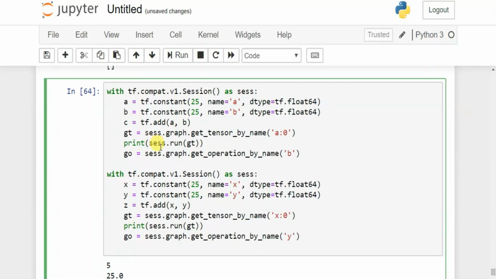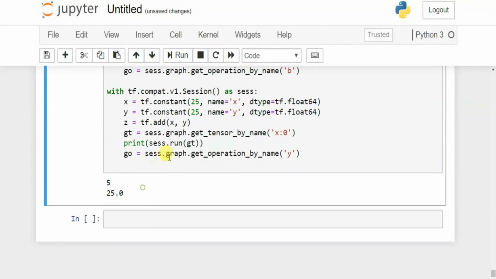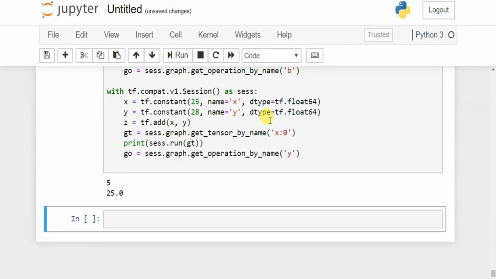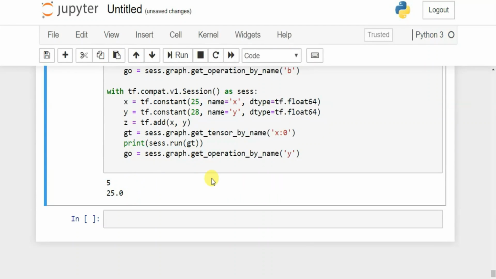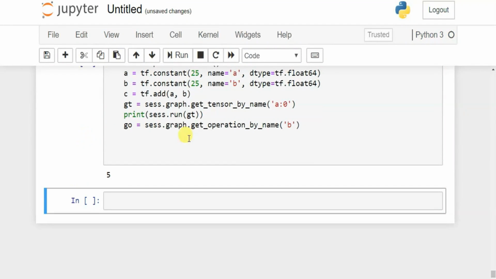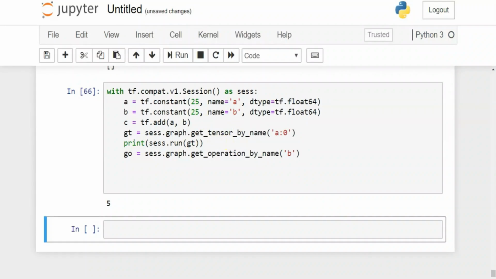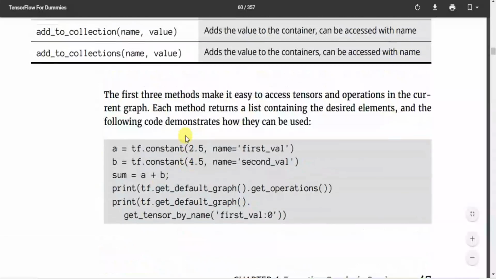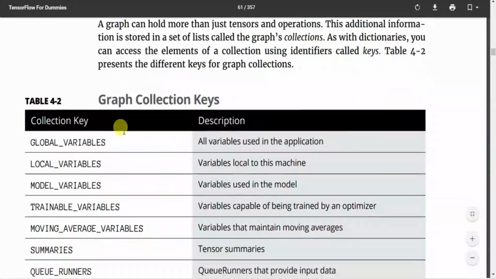So if we change in here to like 28 and I run this code, you can see we still got 25. So that's why we use the graph. It stores the value. So if you wanna change the value, you can use the global variable and local variable. You can see global and local and all of the variables. So that's how it works.